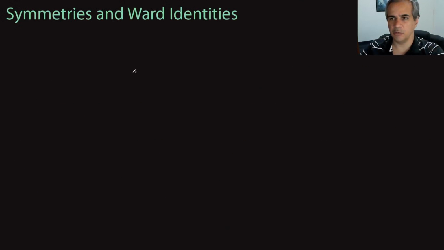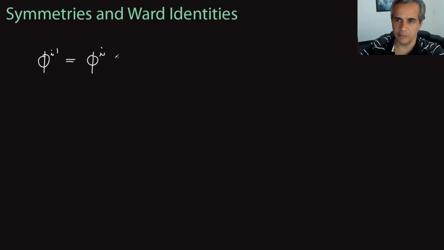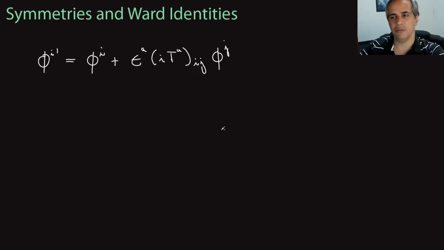The next subject I want to discuss is what we call a Ward identity. The Ward identities in general, the idea comes from theories with symmetries. So imagine, just to start, some transformation of the field, which is a continuous transformation and can be written in the following form. So epsilon is some small parameter, these are the generators of the transformation, and this is the starting field. So I can actually rotate fields. You can imagine a field with many components.